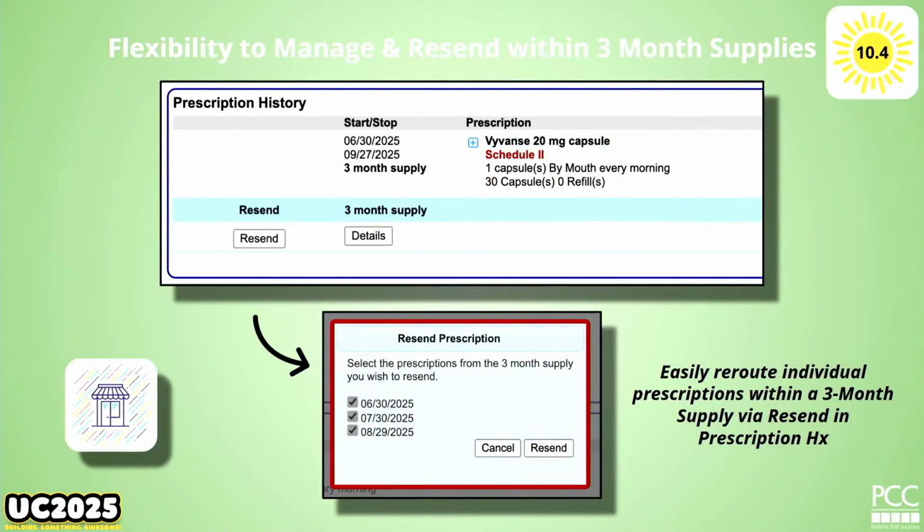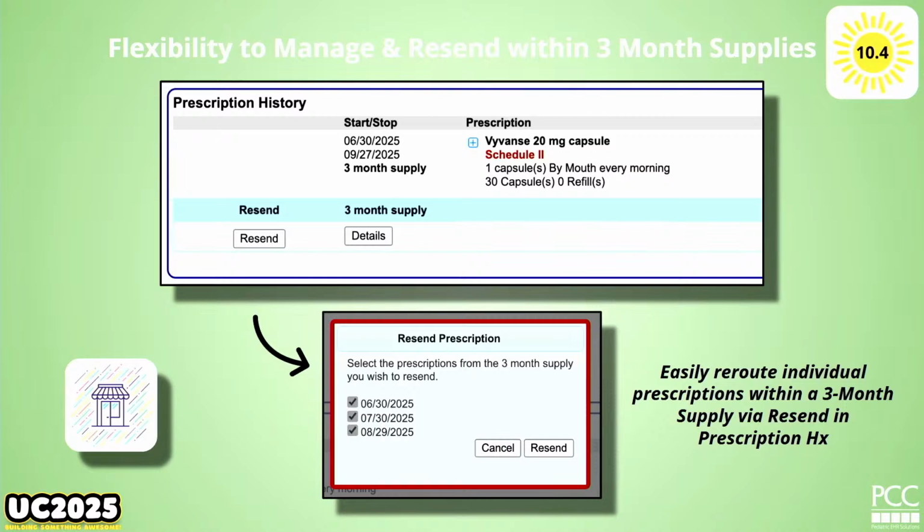You could just send one away. Think about those college kids. We're going to talk about 2-month supply in a minute, but those college kids during the summer, you don't even know where they're going to be. And so maybe resending one of those to a different pharmacy might make sense. Dewey has so many different computations about how this and another feature we're going to talk about could be used.